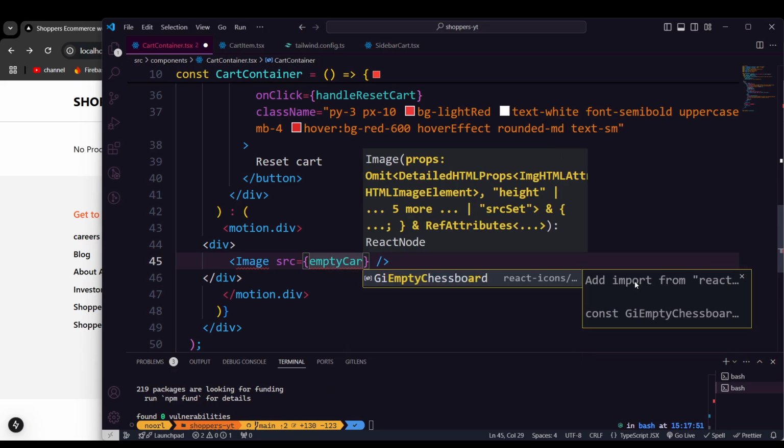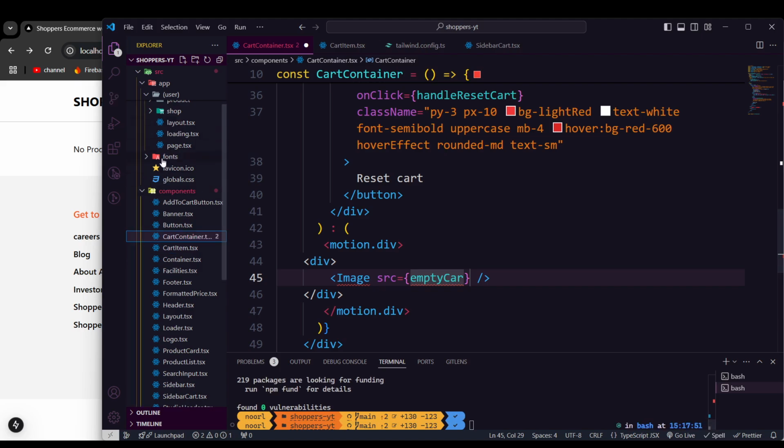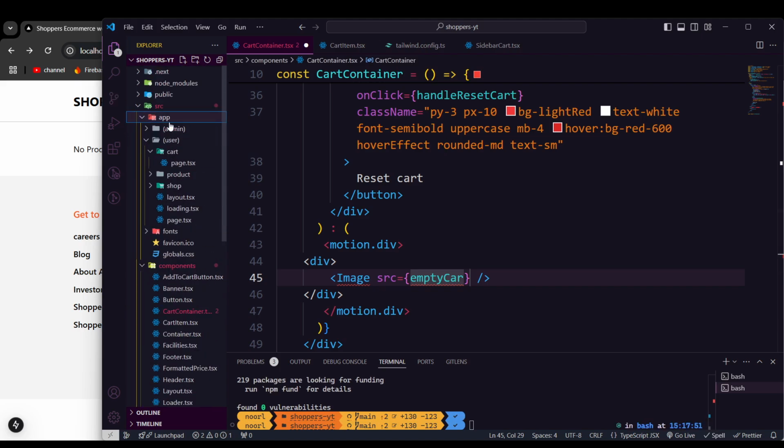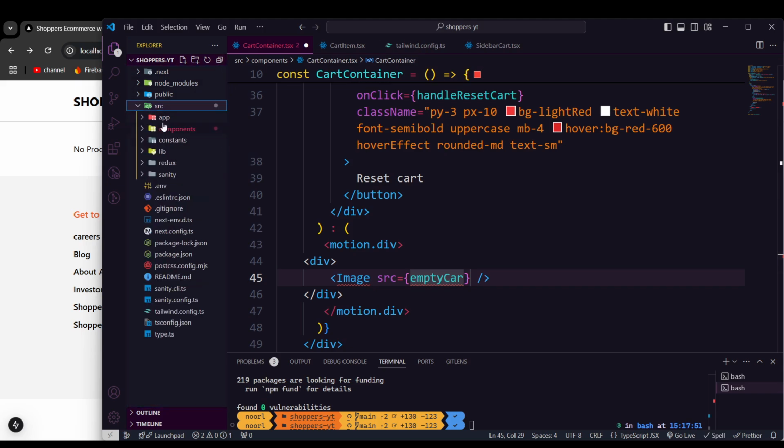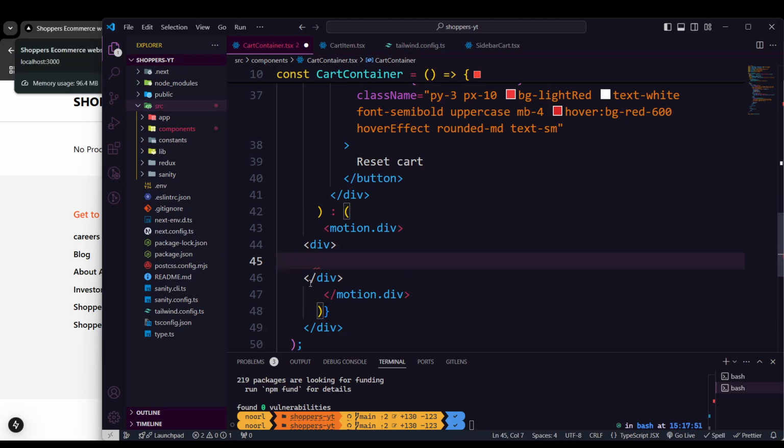Did we have that image? Let's just see if we are having that. So in that component, I'm going to close all. In the source, we don't have any asset, so for right now I don't want to showcase any image. I will just pass the message directly, which is going to be one h1 tag saying your card feels lonely,